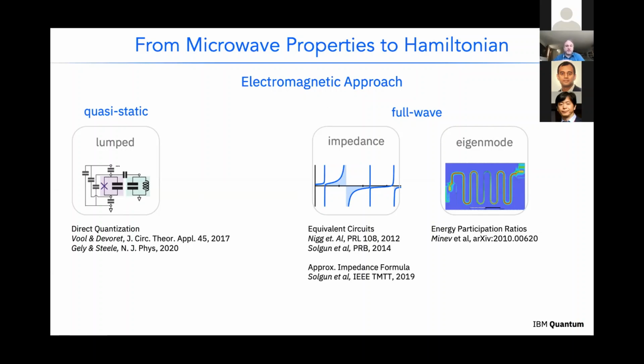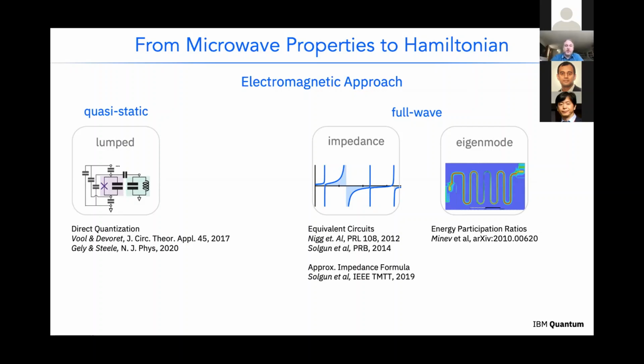Our real devices typically have too many contributions from distributed elements for us to be able to easily write down that equivalent LC circuit though. And so that brings us into using full wave electromagnetic solvers to try to figure out what our devices are going to do. If you have an eigenmode solver available, like on the far right, it turns out there's a very simple mapping of those eigenmodes back into the Hamiltonian because really you're just talking about energies when you're talking about the Hamiltonian.